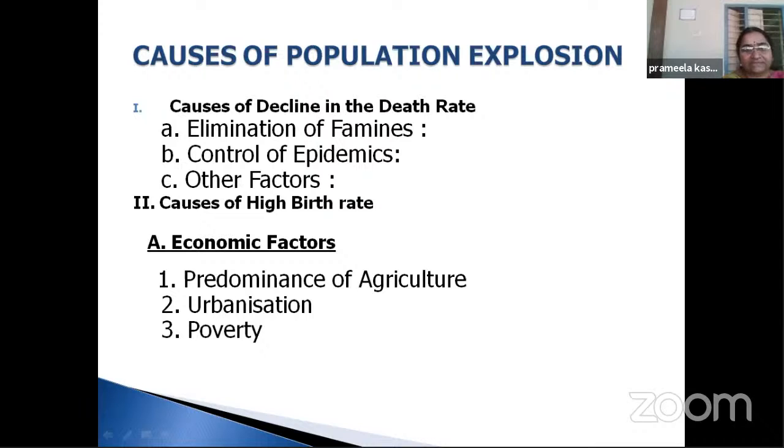So next, the second cause, causes of high birth rates. So if we go to causes of high birth rates,